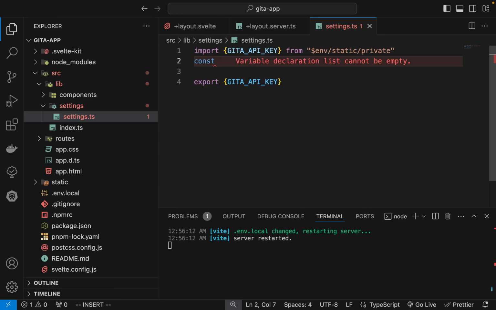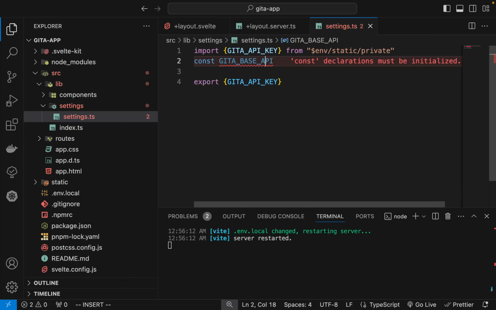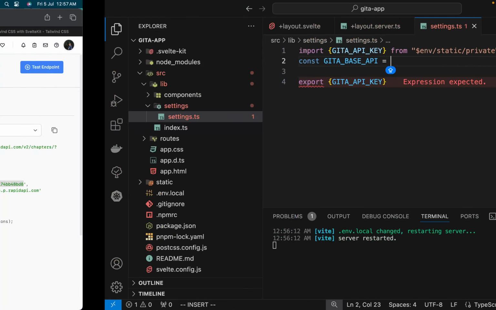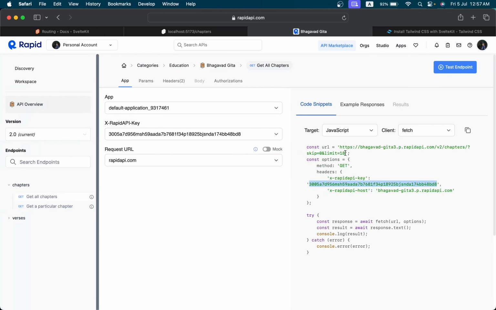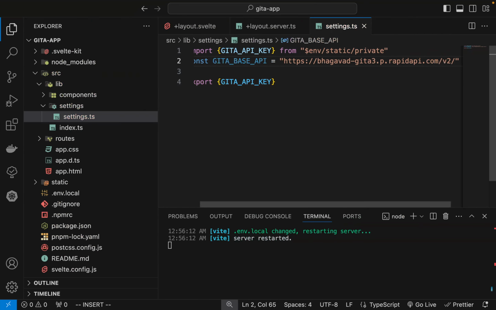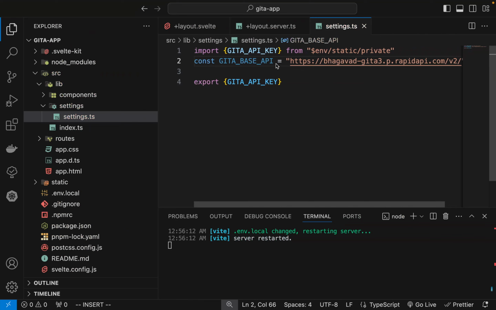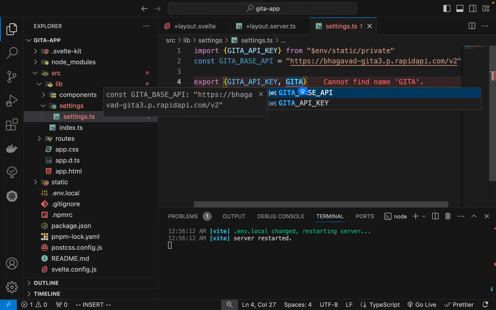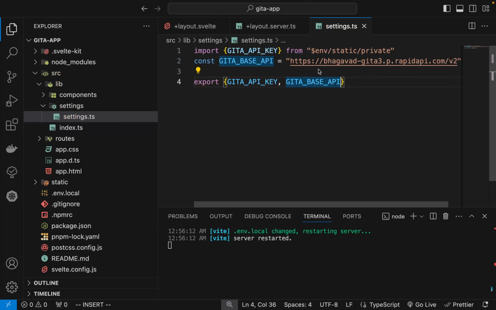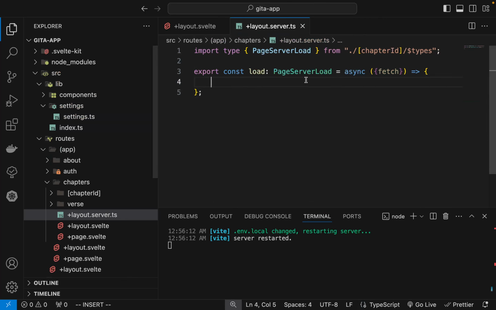And let's const Gita API base API is going to be testing. That's okay. That's it, and no need of that. Gita base API, yeah. Now let's come here. What we can do,